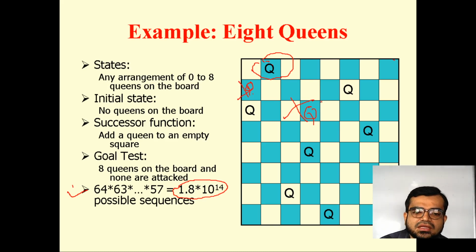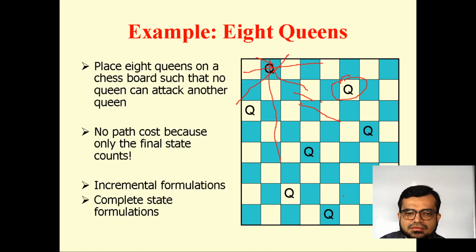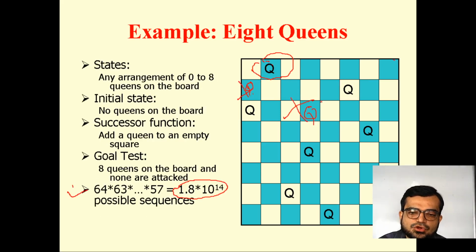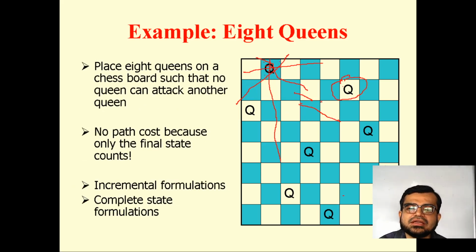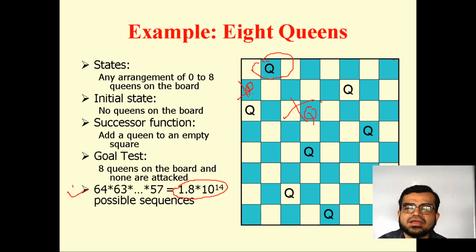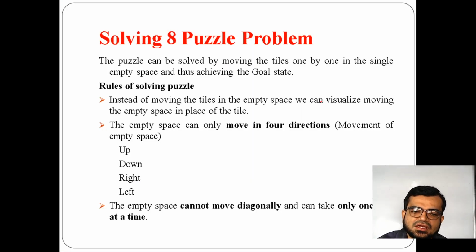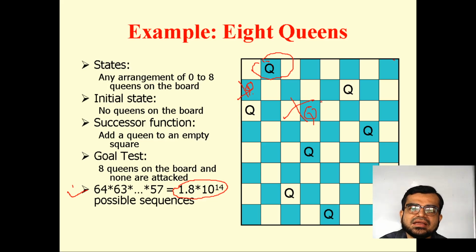So that is how we need to think while discussing the solution for the given problem. This is just to understand how a sequence has to be taken, how the 8 queens should be placed. That's why it is incremental formulation. Incremental formulation means step by step you have to allocate all the 8 queens in such a way that it shouldn't violate the property of 8 queens. So now this is regarding 8 queens.